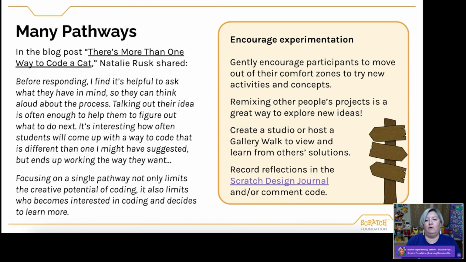I think it could be a great place to record reflections and maybe the debugging steps that they attempted. You'll find a page in there about debugging where they can check off the techniques that they used when they were trying to debug. Or you might leave early experimental scripts in your project with comments about why it didn't work or why you chose a different solution. So there's lots of ways to communicate this information about how we've grown and changed and